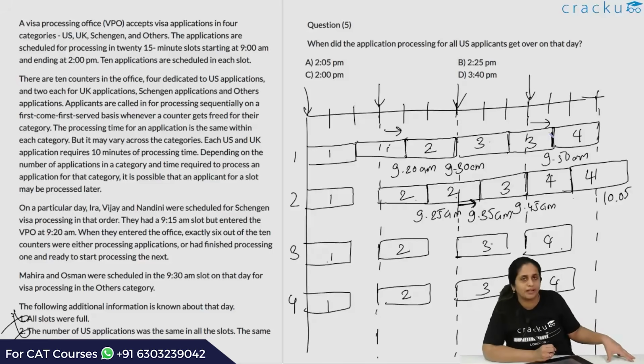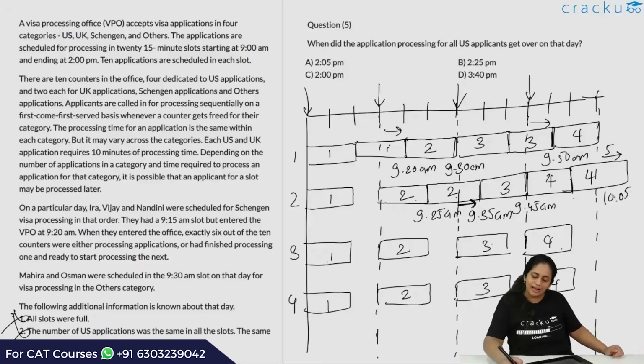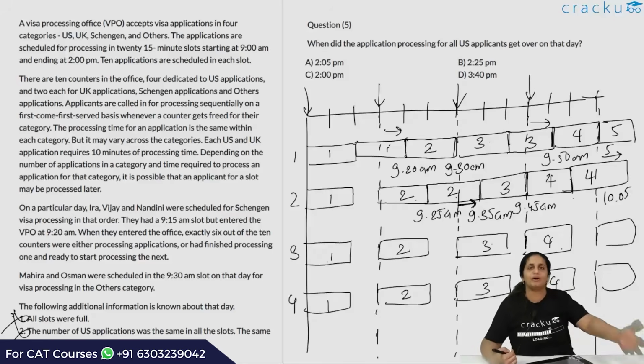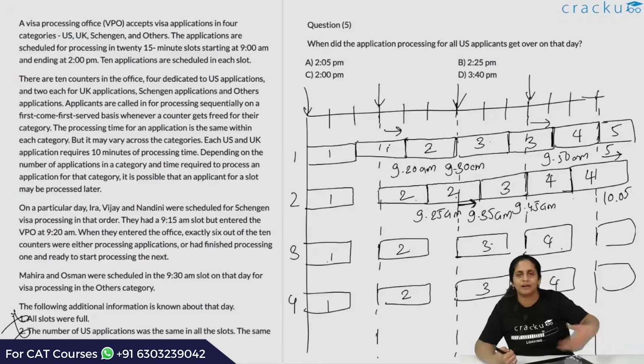The last applicant for each slot, instead of finishing before the start of the next slot, is taking 5 more minutes to finish. Over here also it is extending by 5 minutes. Again after the fifth slot guys come, I can do the same thing. The fifth slot I will put the first applicant over here, the second applicant over here, the third applicant over here. Then again I will put in the other 2 so that I can get the 5 applicants done, such that eventually again I'll be overrunning at least this by 5 minutes.